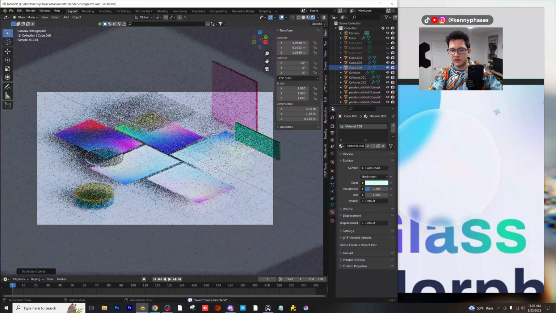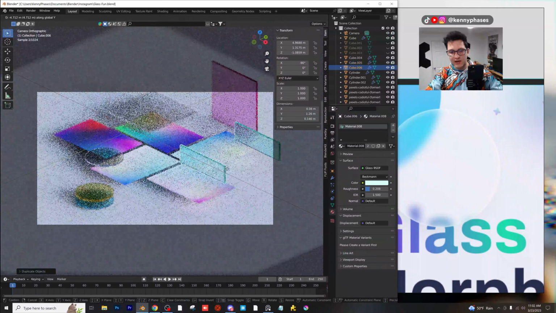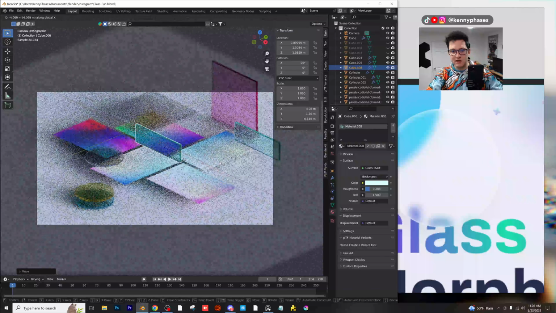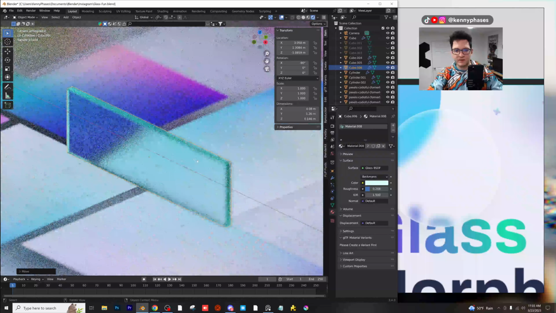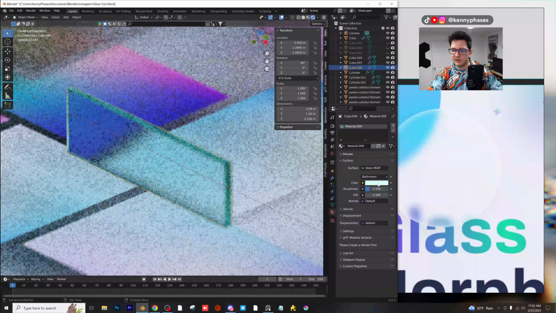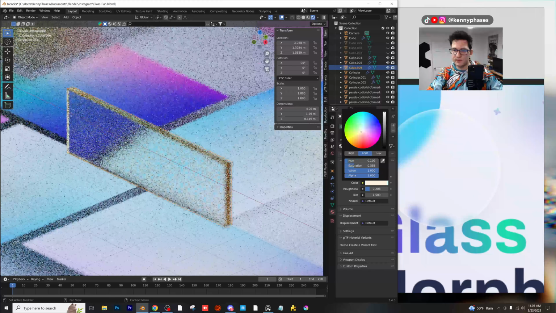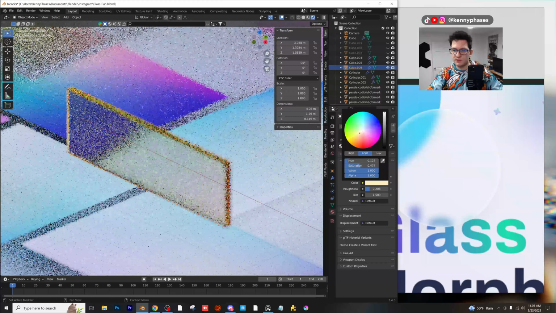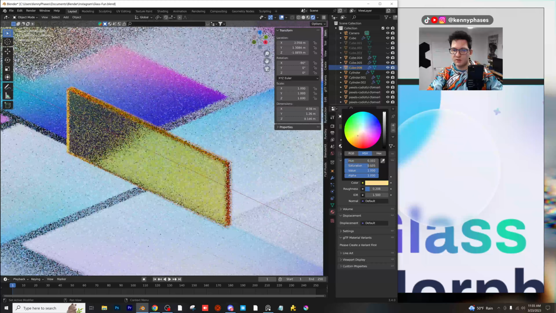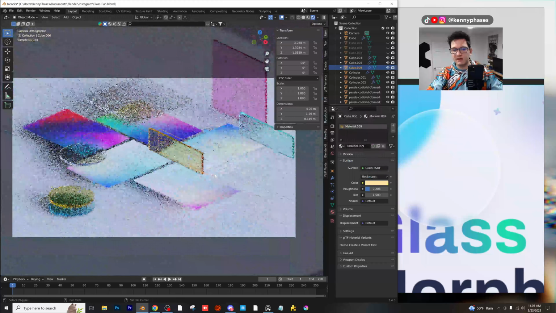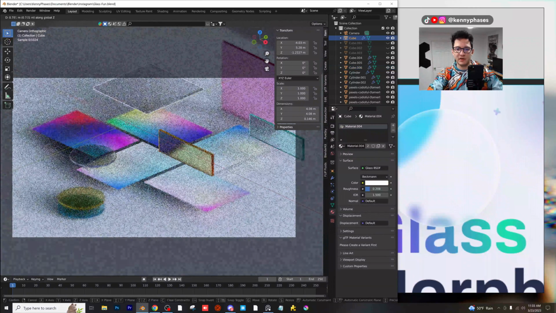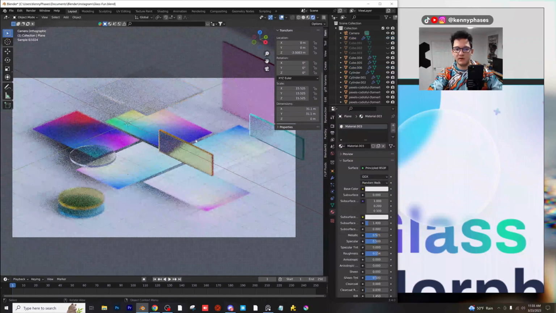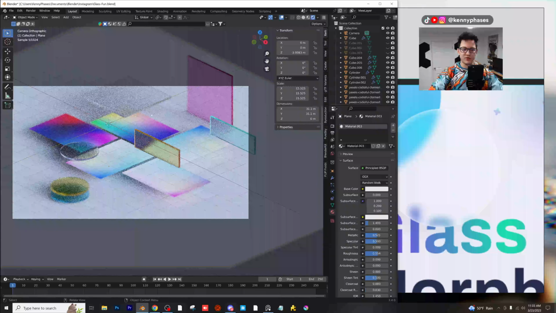I'm also going to duplicate this as well. And I'm just moving things around our scene here in a way that I see fit. Like I think this looks really nice right here. I'm going to duplicate the color, and I think I'm going to give this one more of a slight orange, maybe yellow color. You don't want to make it too intense, but again, this is how you add some color to the scene. I'm not really loving this one, so I'm going to bring it up a little bit right here. That looks good. And as you can see, we can just start to piece things together just with some images